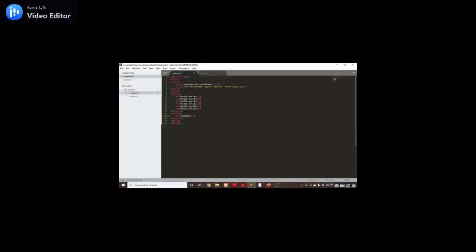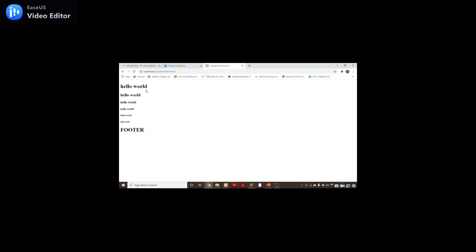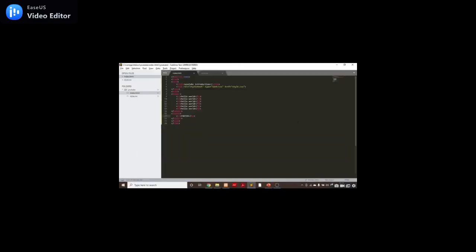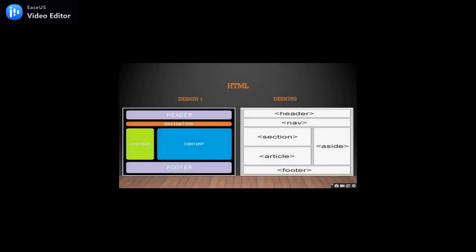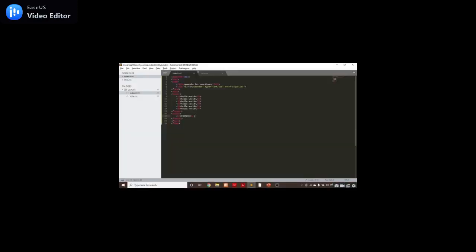Here I have shown you a small example of a web page. You can see there are two designs, design 1 and design 2. There is a format given with a header, navigation, sidebar, content and footer. These are some sections given in the body part of the HTML. For example, there is a header part, and after that I will give the navigation part.